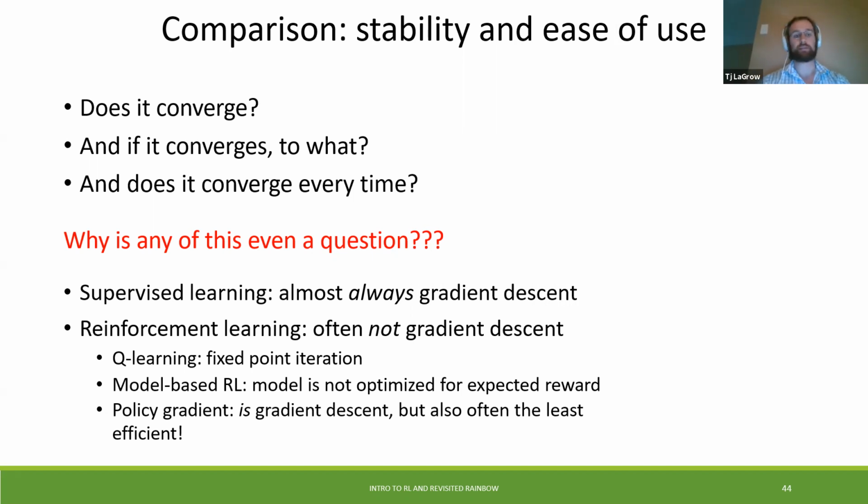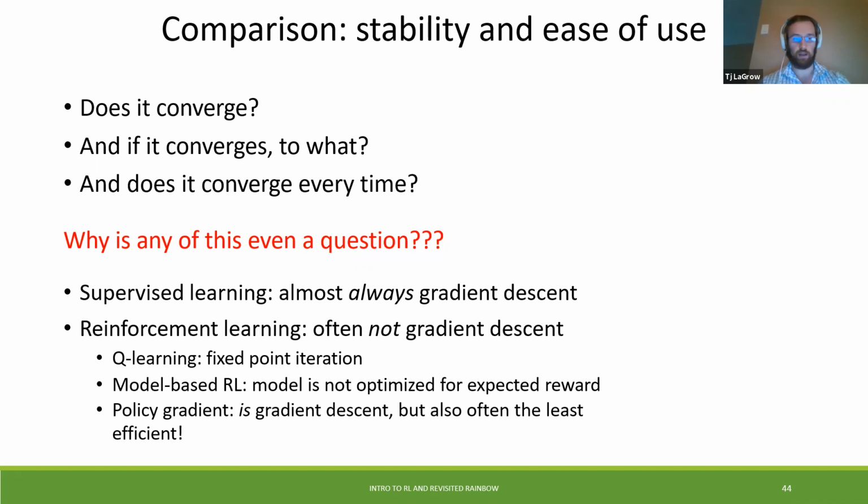In a continuous space, this does not converge. And this is specifically because we're not necessarily using gradient descent, because we're trying to estimate the Q learning or the Q table, which is a fixed point of iteration. And so once you have your model, you're not necessarily converging to the optimal point for the learning itself. It could potentially be one of the best learners, but it's not necessarily guaranteed to converge.